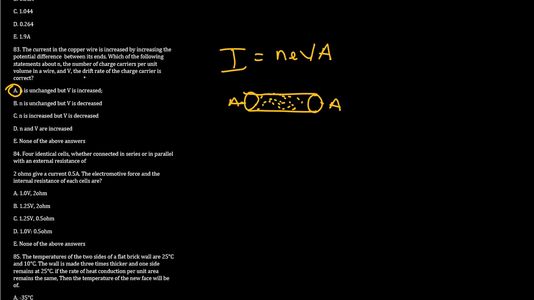But rather, what is going to change is by the action of the potential, which causes an increase in current, our electrons are going to gain energy and vibrate with a greater amount of energy from equilibrium position, and hence their drift velocity is going to increase according to this relationship. When I increases, V definitely increases. So the correct option is